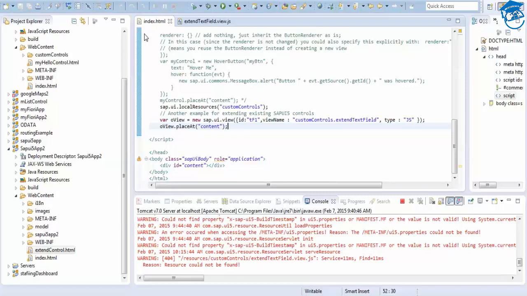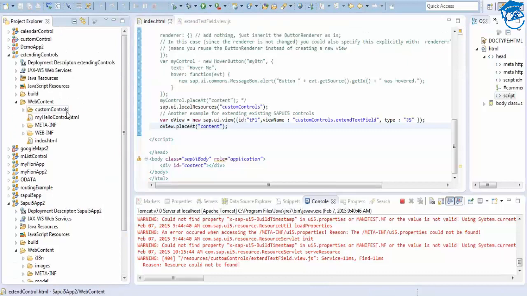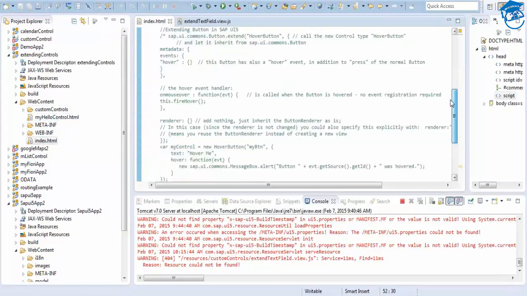We have displayed a sap.m.MessageBox. So what we have done here is extending the control. We'll go here, see, in the index.html, the hover event. In this hover event we have placed a message alert. That is what we have done.